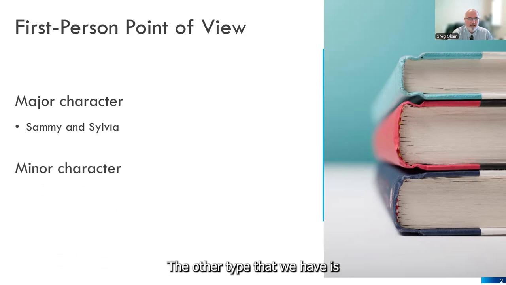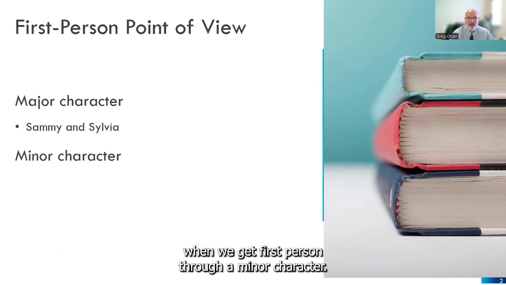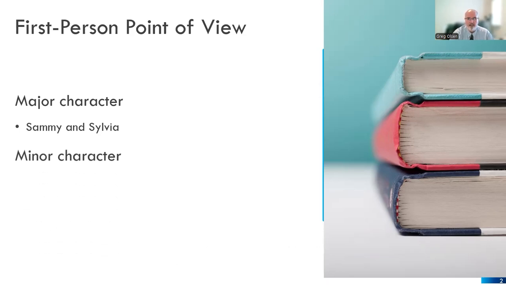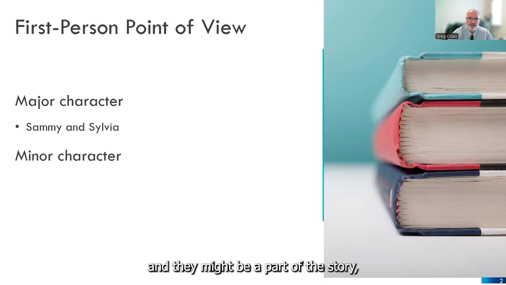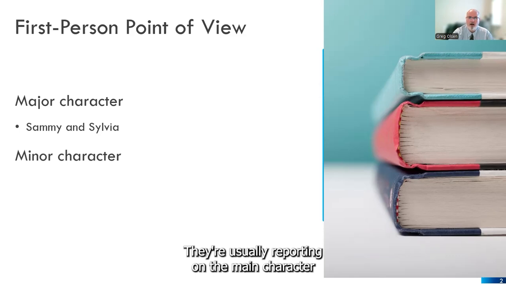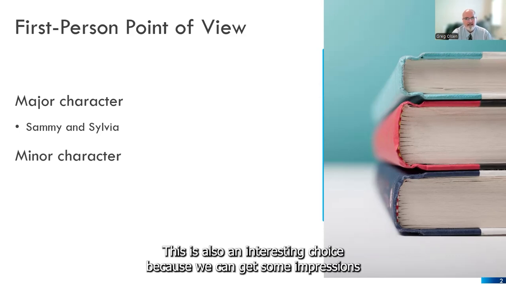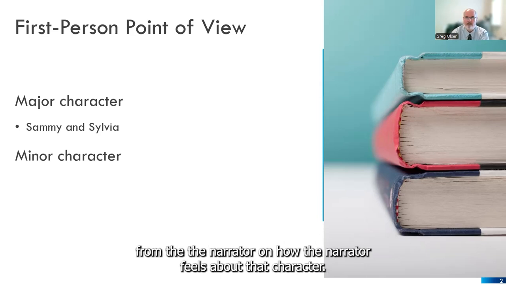The other type that we have is when we get first person through a minor character. So this is somebody on the outside who is watching the action, and they might be a part of the story, but they're not the main story. They're usually reporting on the main character, or they're telling you what the main character does. This is also an interesting choice because we can get some impressions from the narrator on how the narrator feels